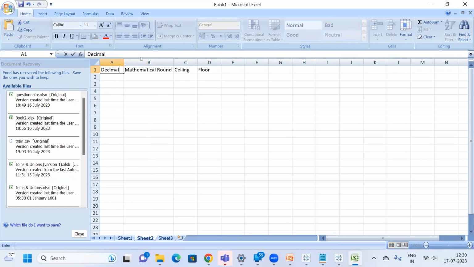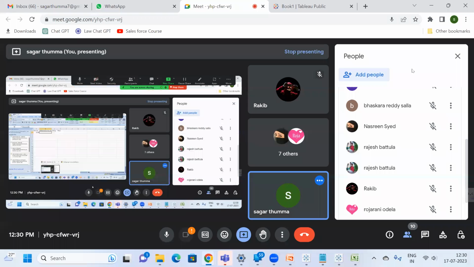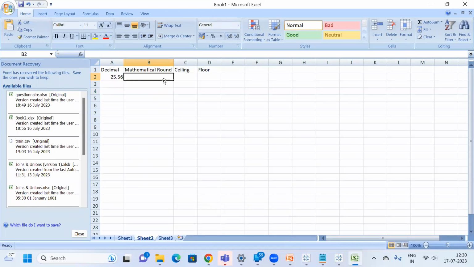Decimal value. So let's say I have a value 25.56. So what is the mathematical rounding for this number? Mathematically, I want to remove the decimals, and what will be the value? Can anyone tell me what will be the value? Yeah, perfect. So ceiling is the value, and I will write one more thing,